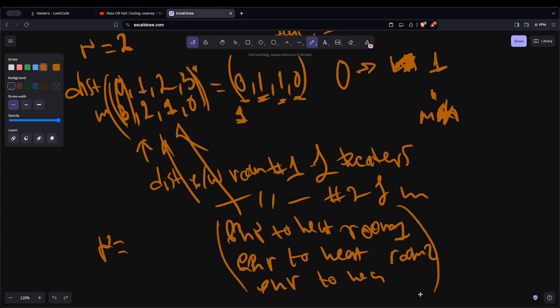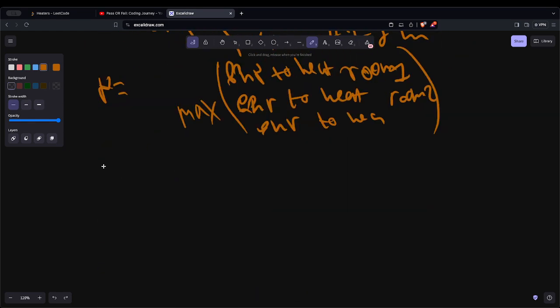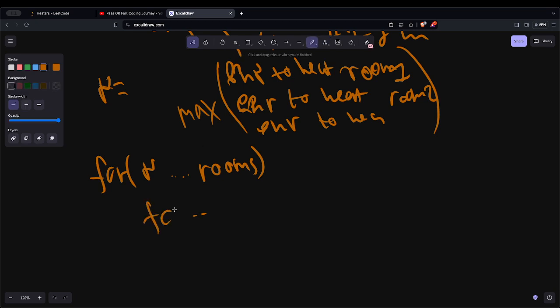We need to take the maximum of those values. So if you do the time complexity, the pseudocode for this one is: for a room in rooms, and for heater in heaters, do the following. For every room in rooms and for every heater in heaters, for the current room, I wanna